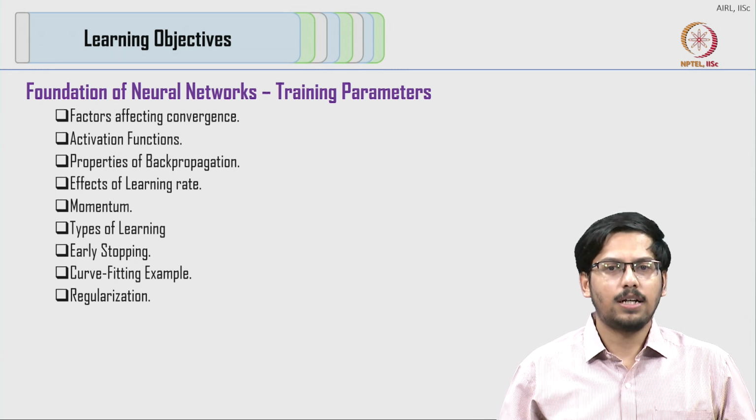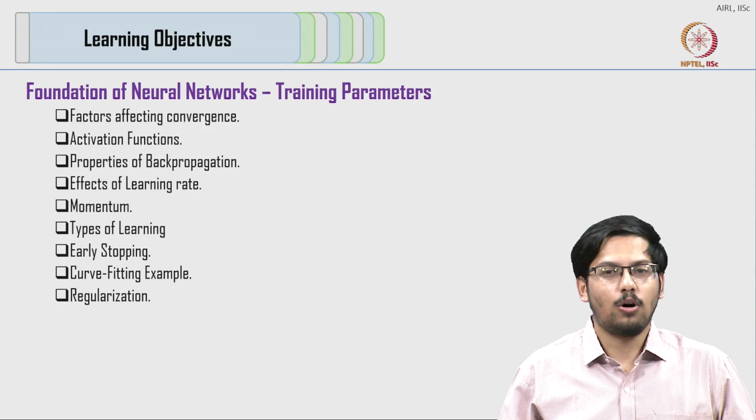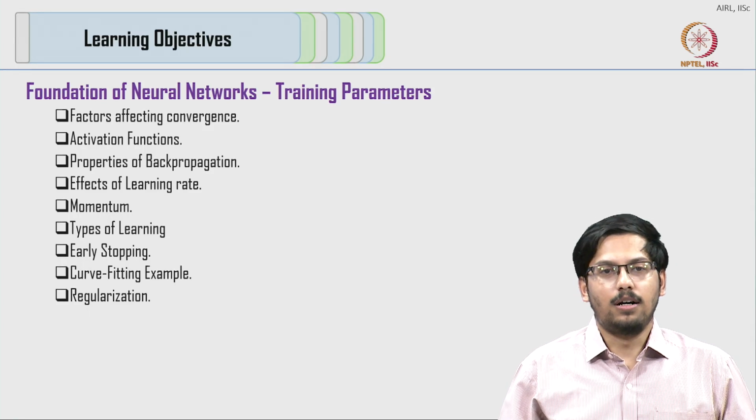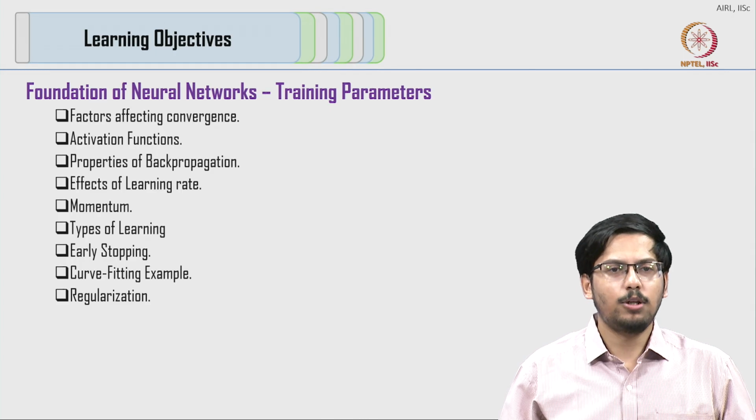We will also take a deeper dive into the properties of backpropagation, the effects of learning rate, and how momentum could be introduced to solve some of the issues related to learning rate. Finally, we will also take a deeper look into types of learning, which is sequential or batch learning, early stopping,